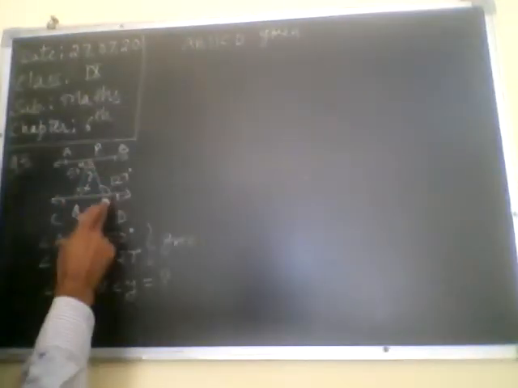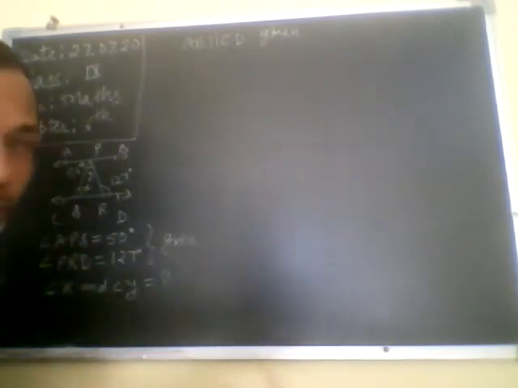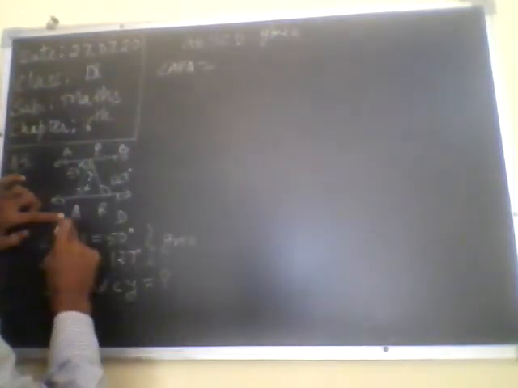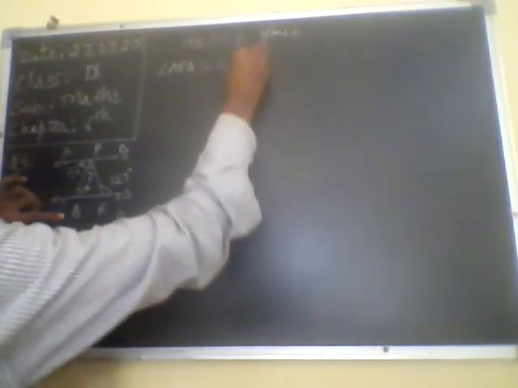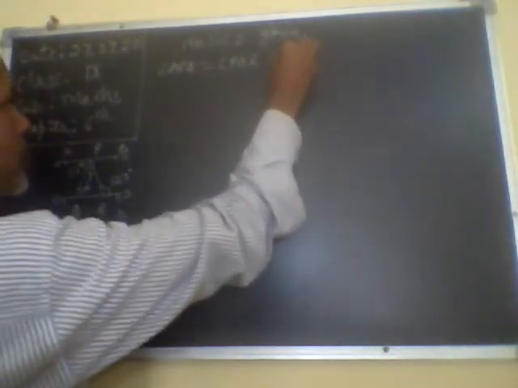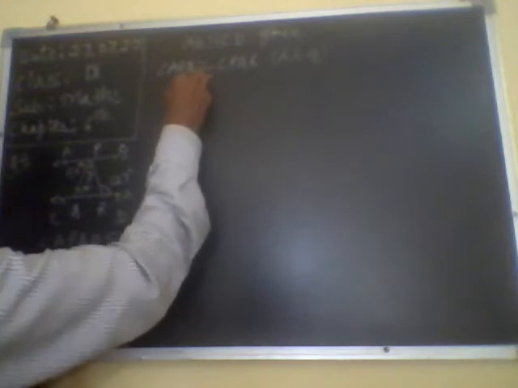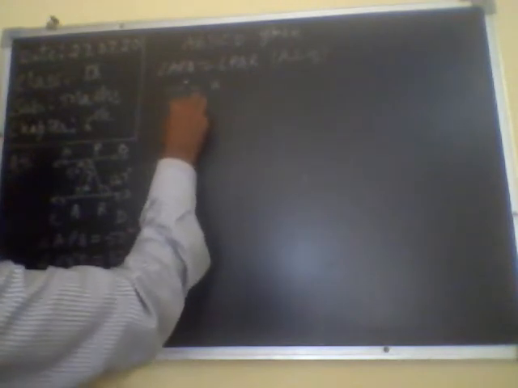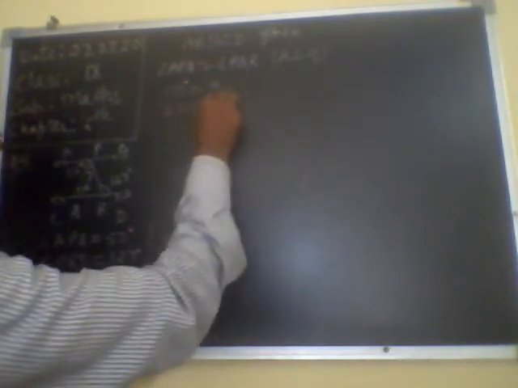And if two lines are parallel, then alternate angles are formed. So in this figure, angle APQ equals angle PQR, alternate interior angles. That's why, APQ being 50 degrees and PQR being marked as X, we know that X is 50 degrees. So this is the first unknown angle. Is it clear?